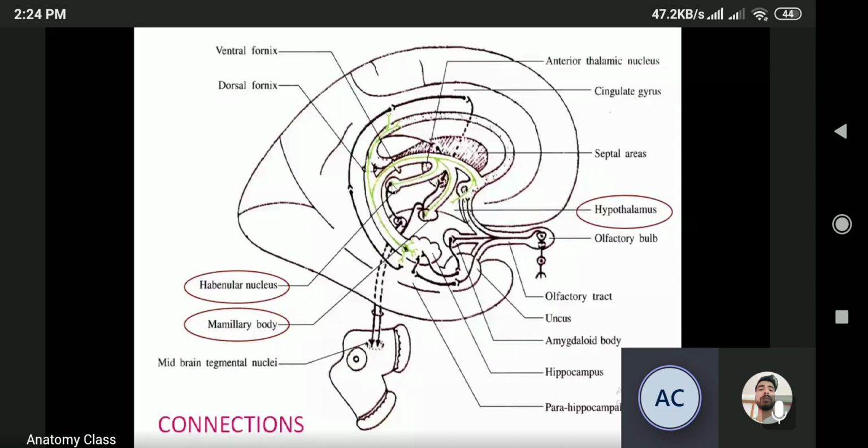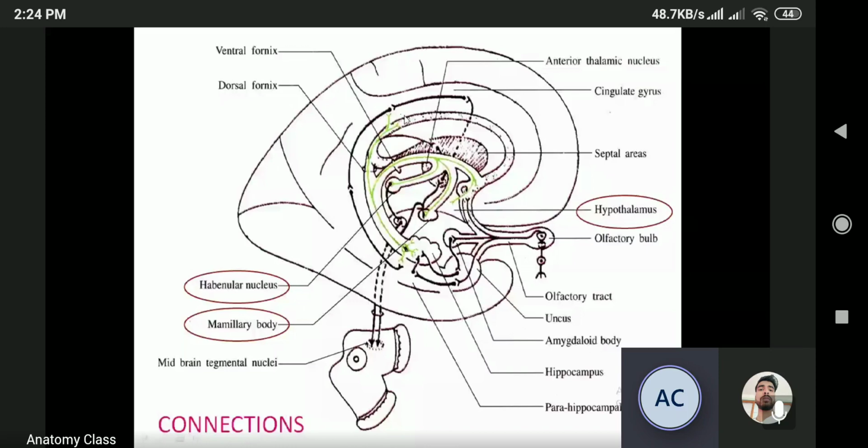And fibers from the dorsal fornix. Here, this is the one we have talked about. Some of the fibers of the fornix project above the splenium of the corpus callosum, and this is considered the dorsal fornix, while the rest of the part is considered the ventral fornix. The fibers from the dorsal fornix reach the splenial gyrus and cingulate gyrus.